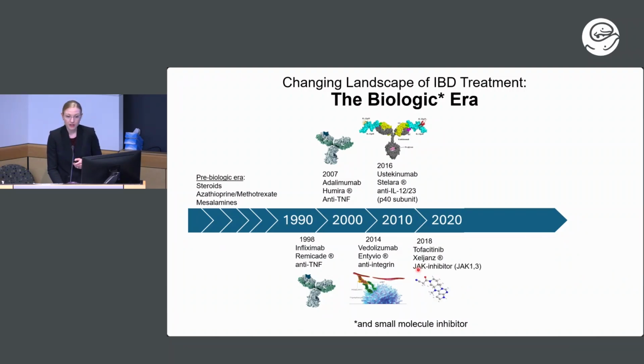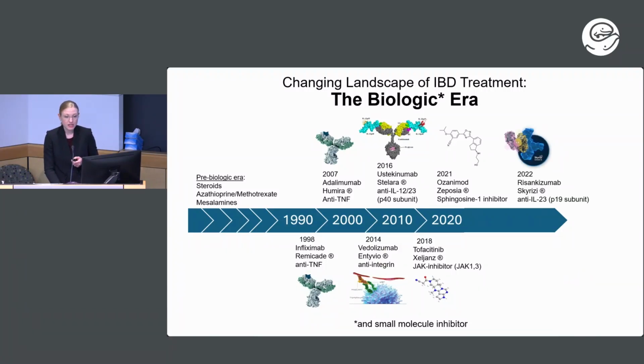Next came the small molecule inhibitors. So this is tofacitinib or Xeljanz. This was the first one approved for inflammatory bowel disease. This targets the intracellular JAK-STAT pathway, which is involved in a lot of the inflammation cascade in IBD and many other autoimmune diseases. Then Zeposia or ozanimod, that targets sphingosine 1. So it prevents lymphocyte egress from lymph nodes, kind of a similar concept to the anti-integrin Entyvio.